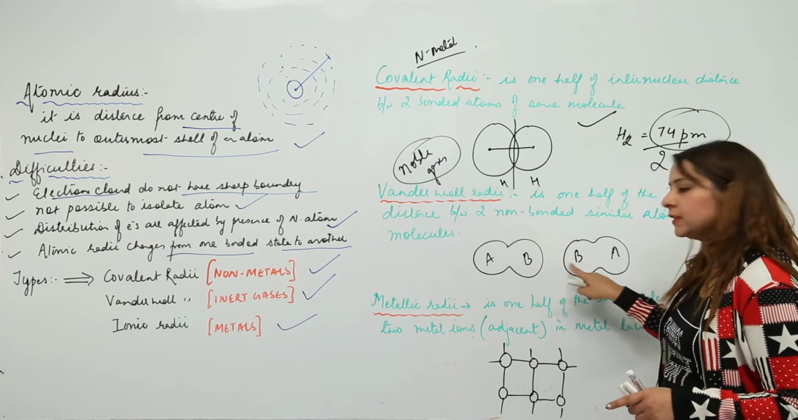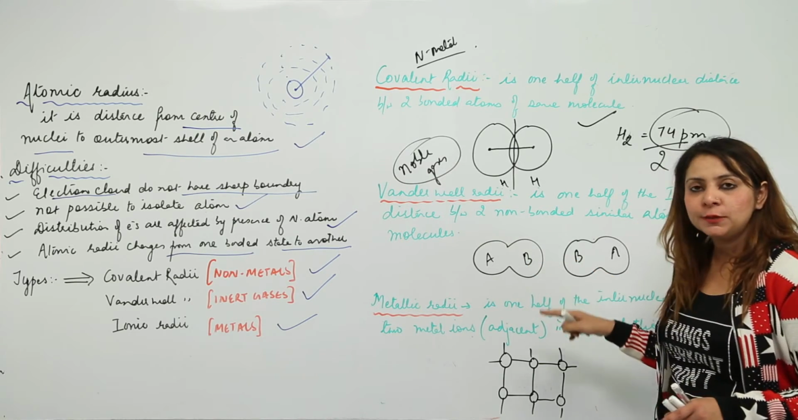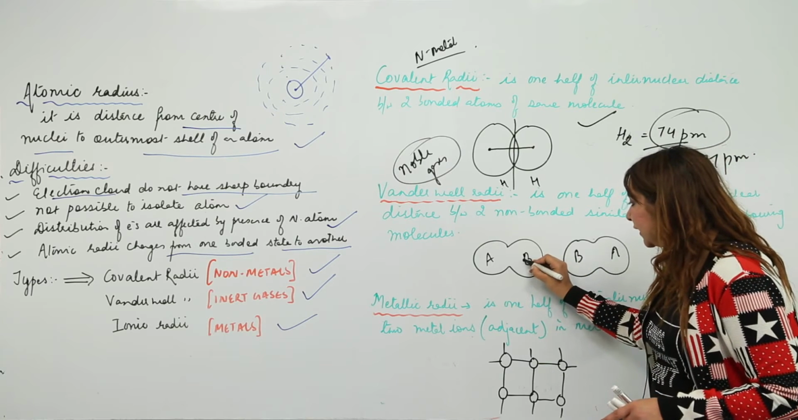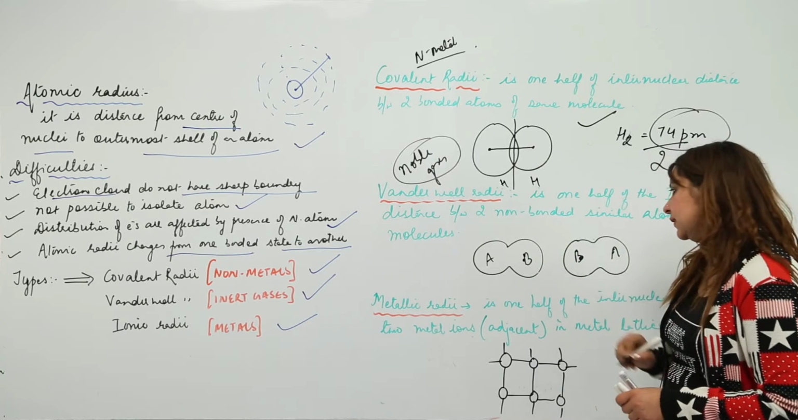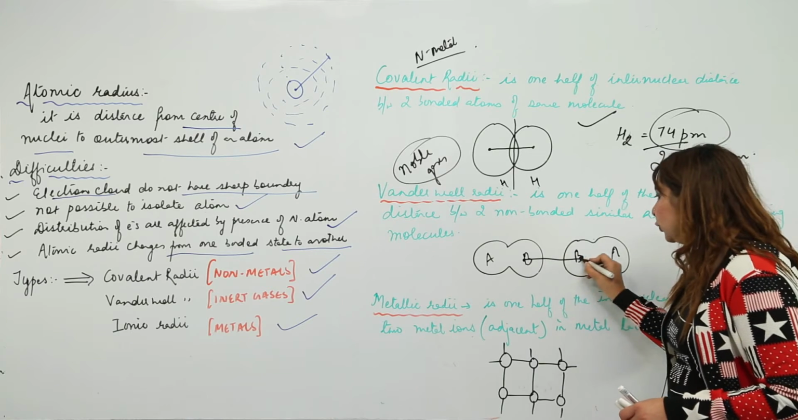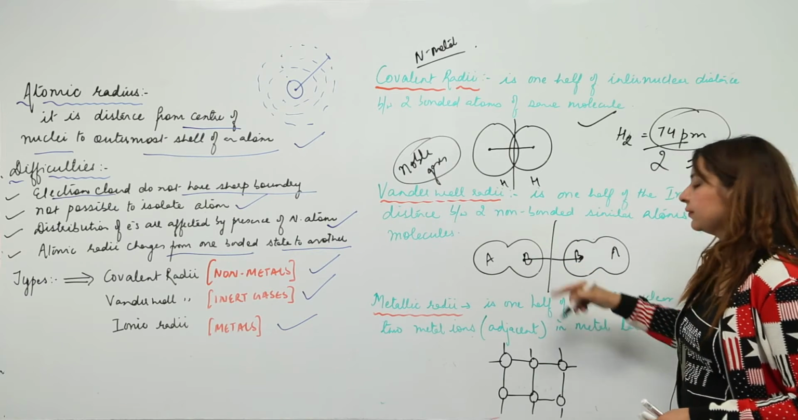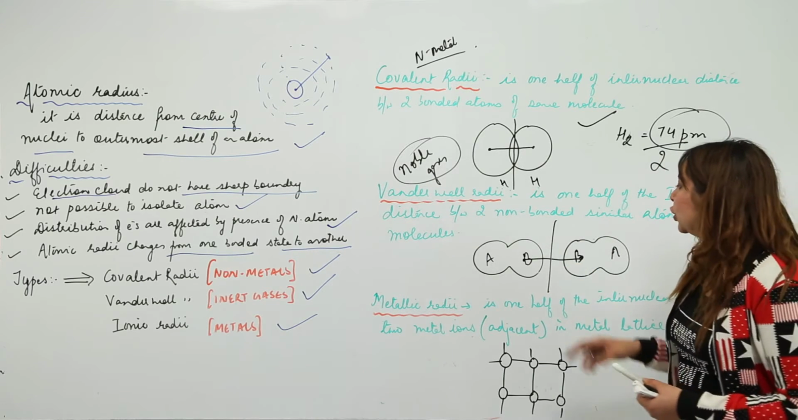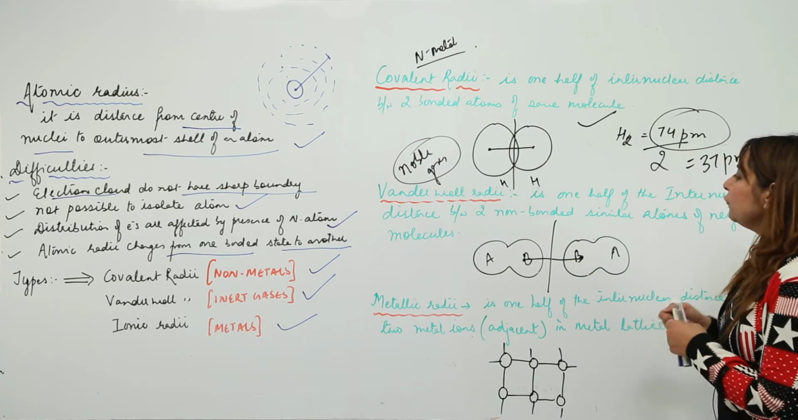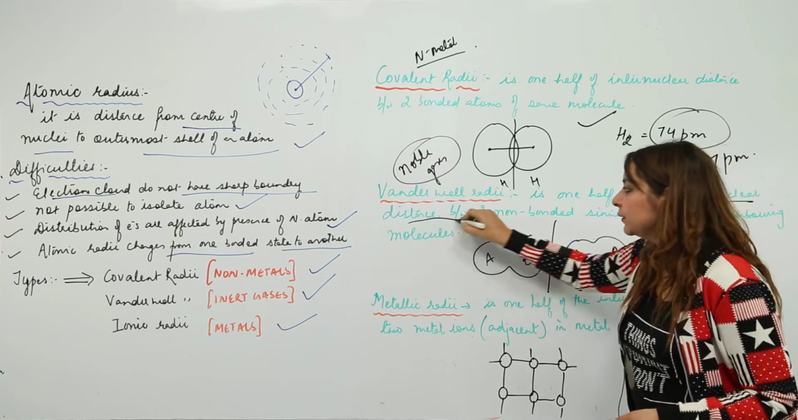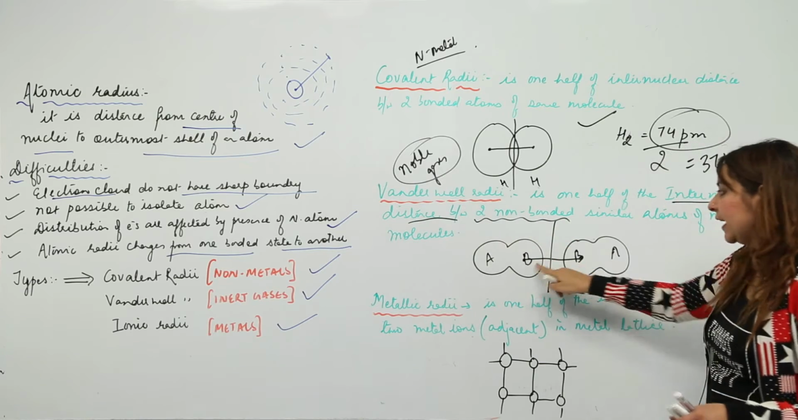So let's say these are same atoms and they are same atoms of the neighboring molecule. So this is, let's say, the center of a nucleus and this is the center of another nucleus. So this is an internuclear distance. So this half refers to the van der Waals radii here. So what is it? It is the 1/2 of the internuclear distance between two non-bonded atoms, as you saw that these